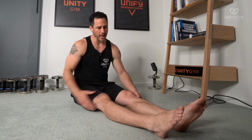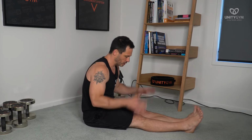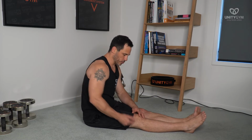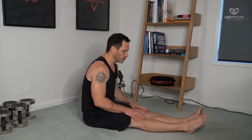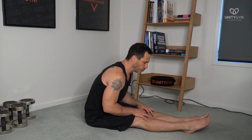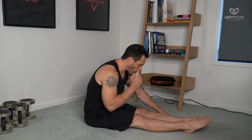The reason we're doing that is because part of the front splits is flexible hamstrings. The antagonistic muscles to the hamstrings are the hip flexors, so the muscles that pull your leg up like that, hip flexion. What we're doing is going to our end range, backing off a little bit, and then creating a strong end range antagonistic